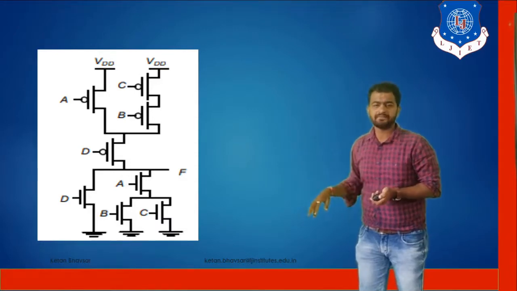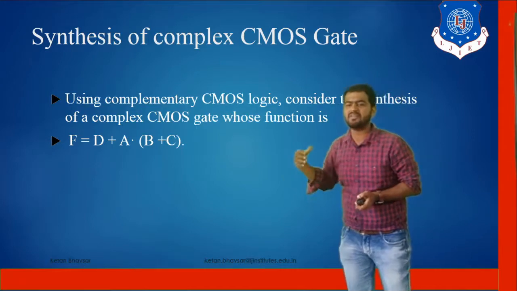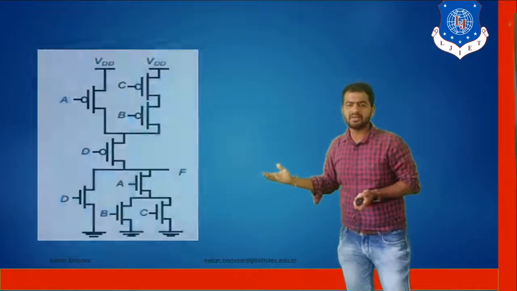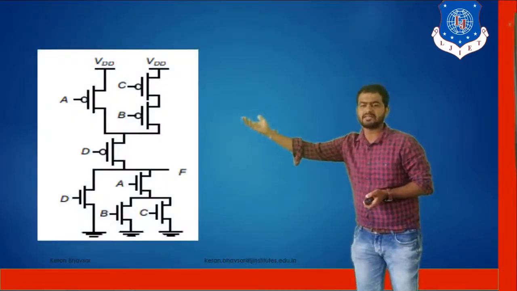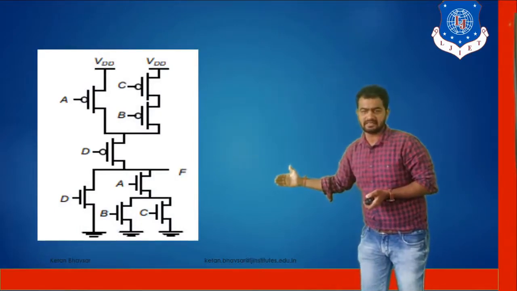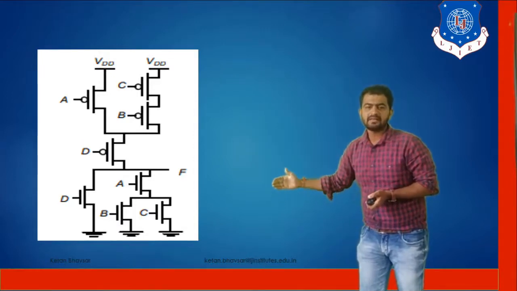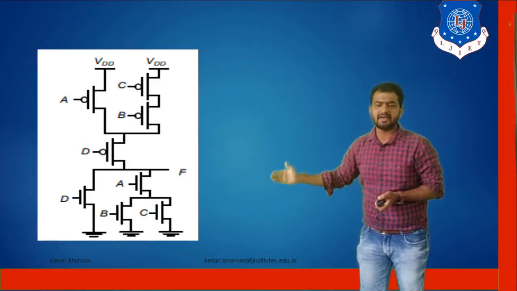Now we move ahead. Again we see A is in a multiplication factor, so we have to use a NAND gate. In the multiplication factor we connect the PMOS in parallel manner, and the NMOS in serial sequence manner. As you can see, connected in parallel, then series. Then D, similarly, is connected in the same manner.